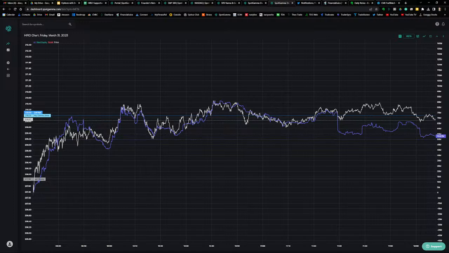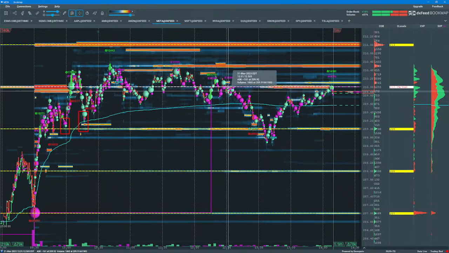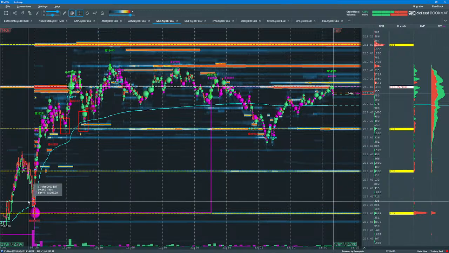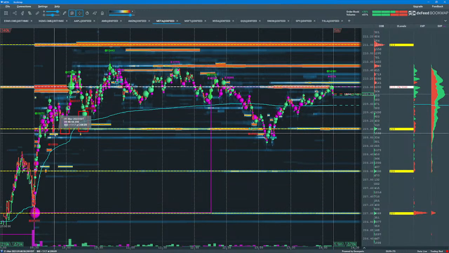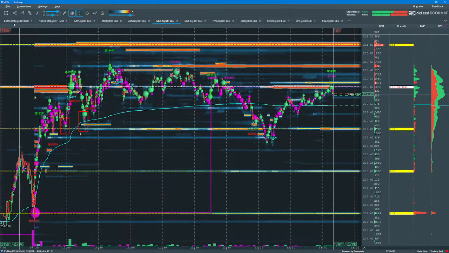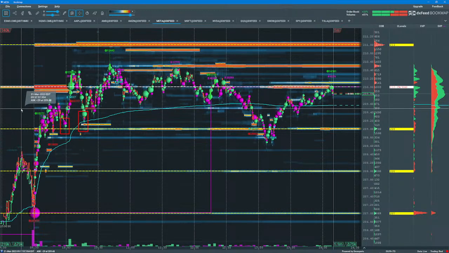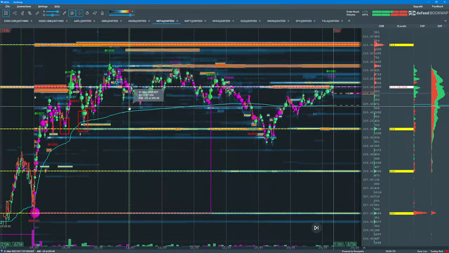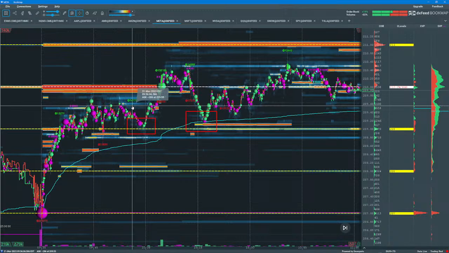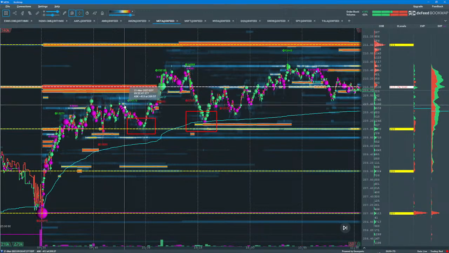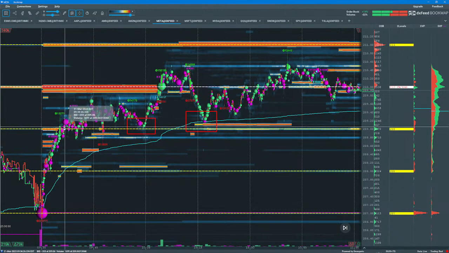So let's go back and take a look at Bookmap now for Meta, and note the quick jump up. Not much chance to get in unless you are very fast. We'll just zoom in on the early session. So unless you were really prepared for this and were fast again, Meta jumped right up to the 209 level, did a couple of retests, and the primary target was at the